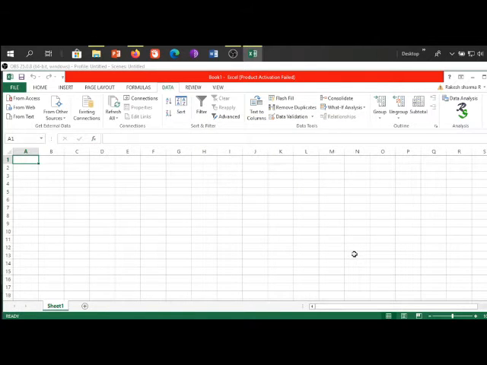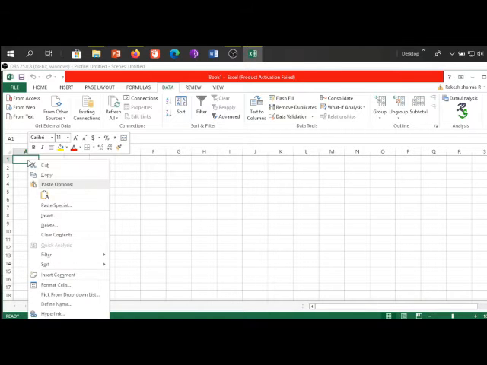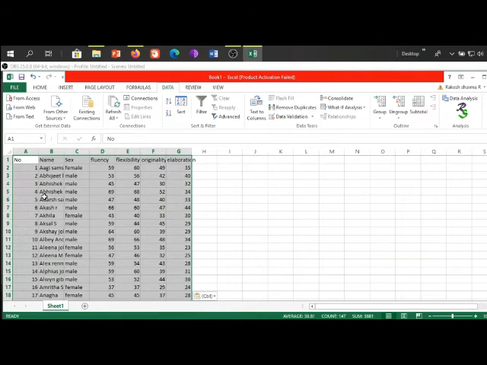Now I will show you how the analysis procedure is done. For any analysis, you require a set of data. I am using here a set of data that I obtained during my investigation of creativity among individuals.